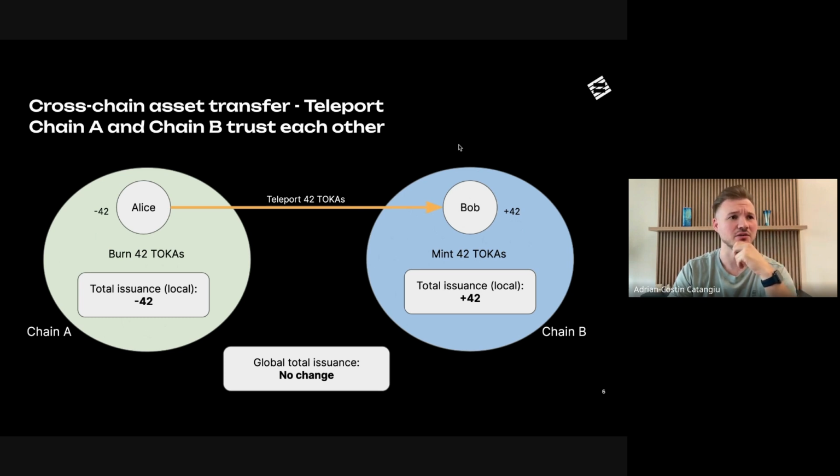Parachain A says, I'm sending this message. From the point of view of the teleport, once it puts it in this queue in its state, this message is supposed to be sent to chain B. It already burns the tokens because it knows that the relay chain guarantees that the message will be actually delivered. So there's no synchronicity required to go back and forth. And then when that block is verified by the relay chain,